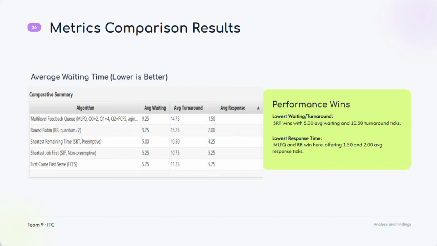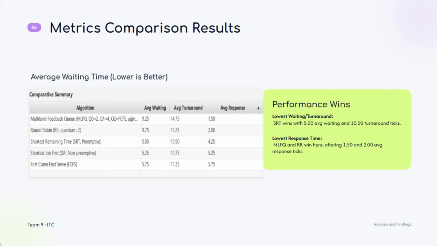For an overview of the matrix comparison results, different algorithms excel in different areas. SRT is the best for minimizing waiting and turnaround time, while MLFQ and round robin provide the fastest response